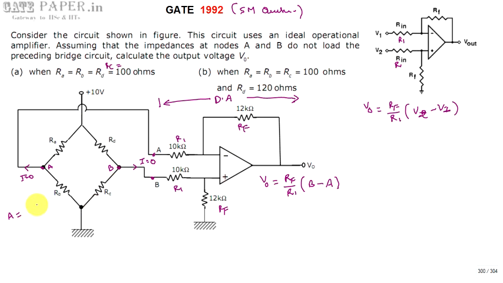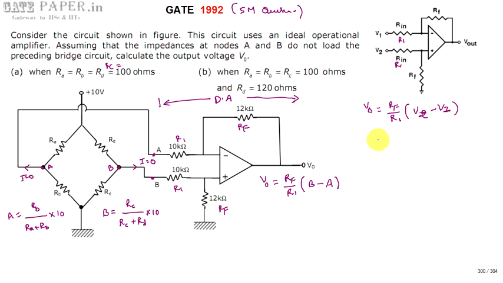A is equal to RB divided by RA plus RB into 10 volts, and voltage at B can be written as RC divided by RC plus RD into 10, because 10 volts is what we are supplying, as given. Now for the first case,